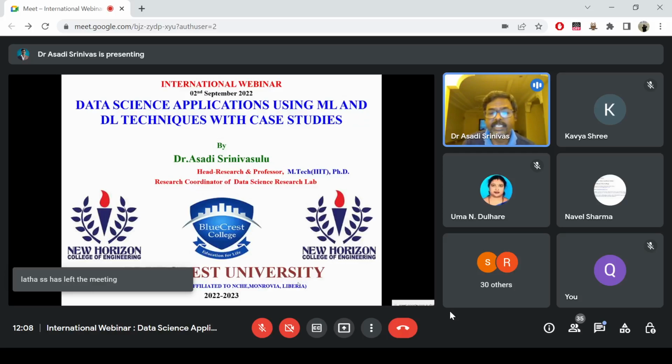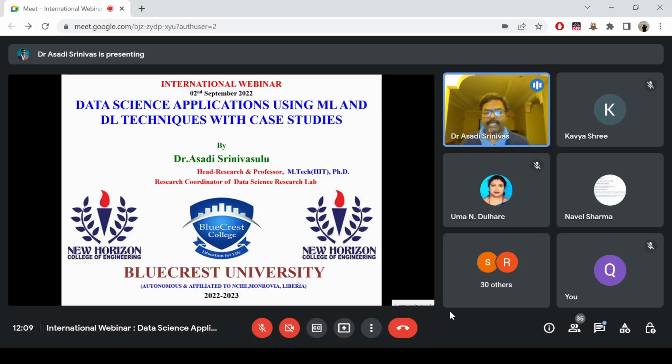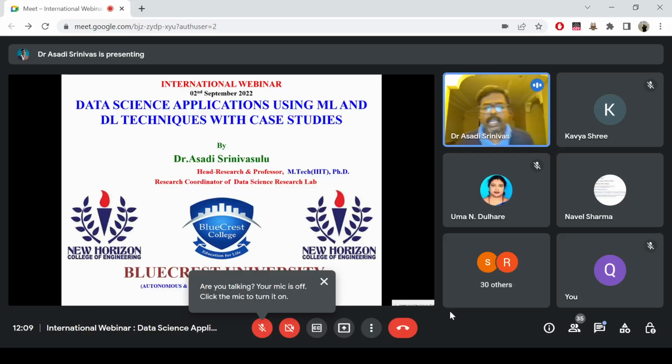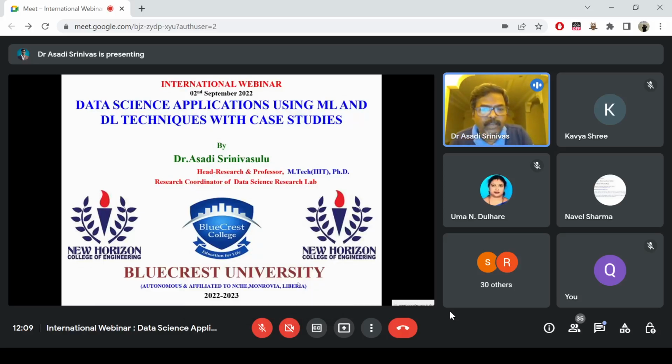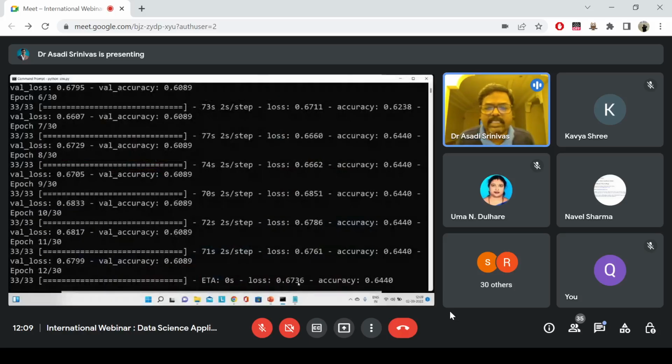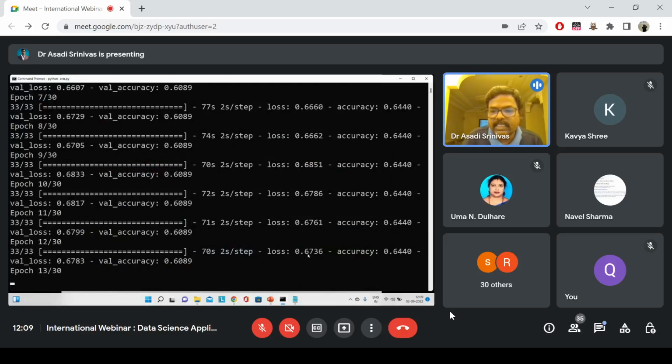So we need to apply various parameters in our algorithm for fine tuning, to decrease the error rate. See, if you observe in this diagram, in this execution, loss we are getting 67%, accuracy 64,